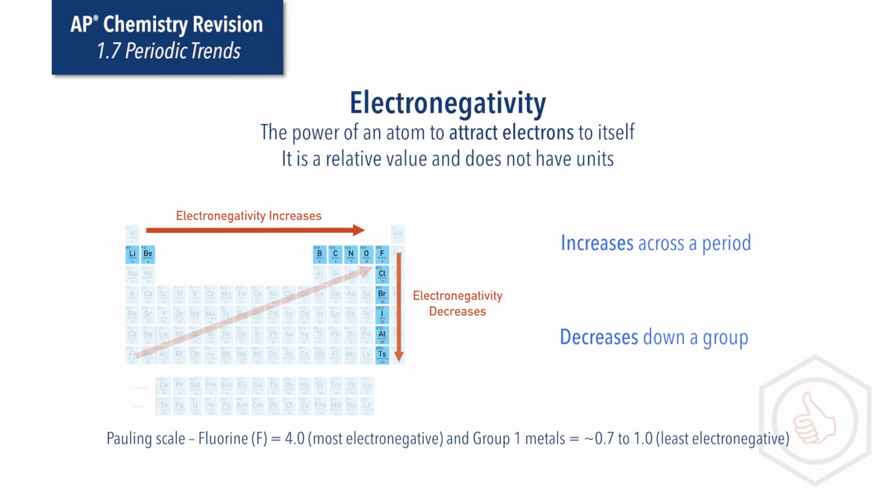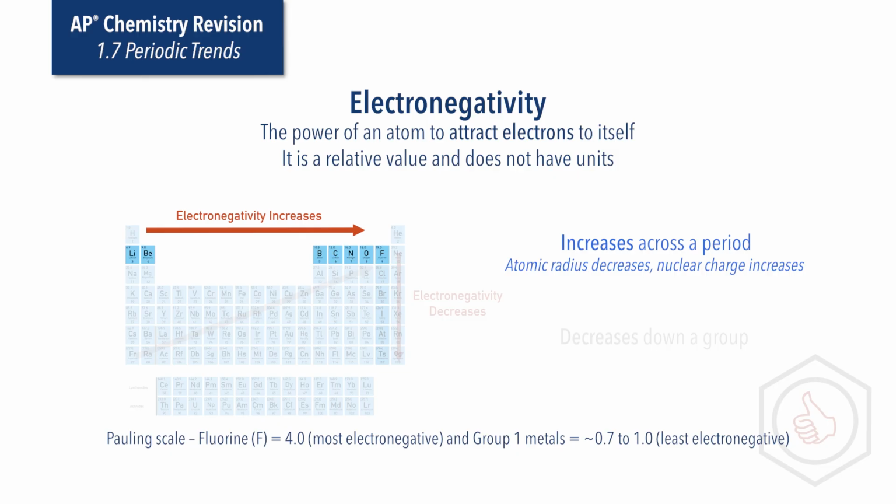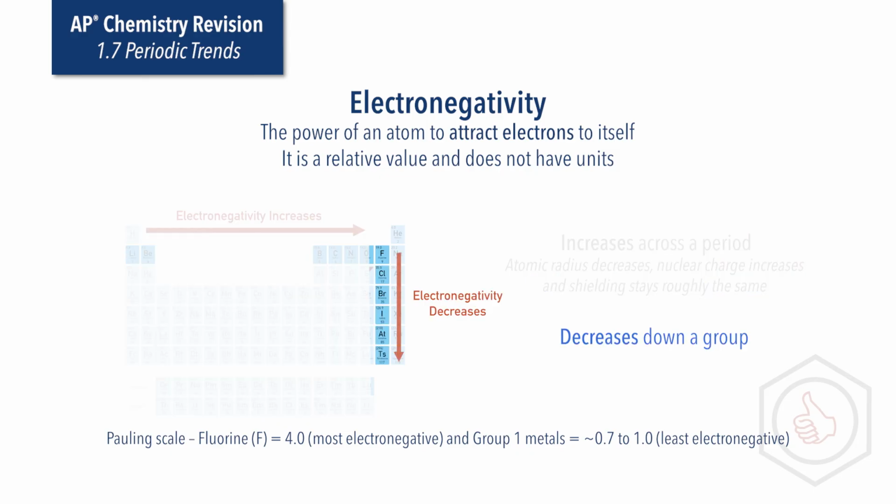The electronegativity increases across a period because the atomic radius decreases and nuclear charge increases, but the shielding stays roughly the same, so the nucleus is able to better attract an electron towards the atom. Down a group, however, atomic radius and shielding increases, so it's harder for the nucleus of an atom to attract